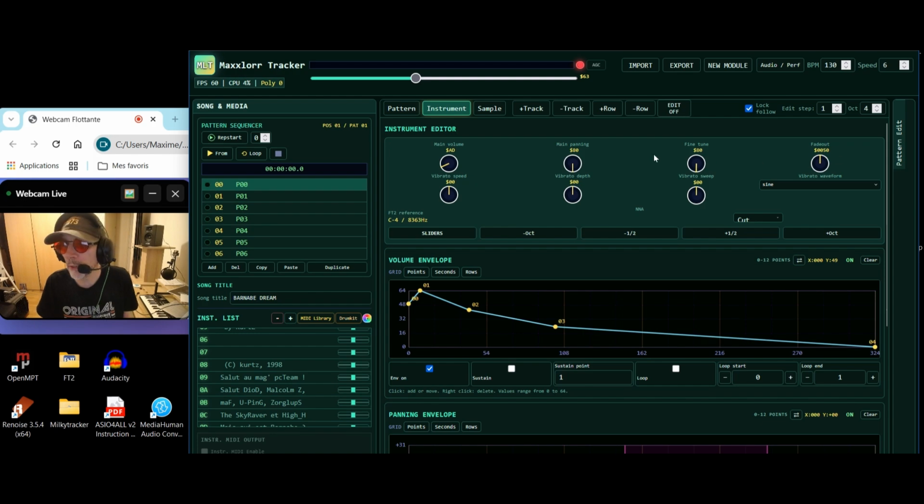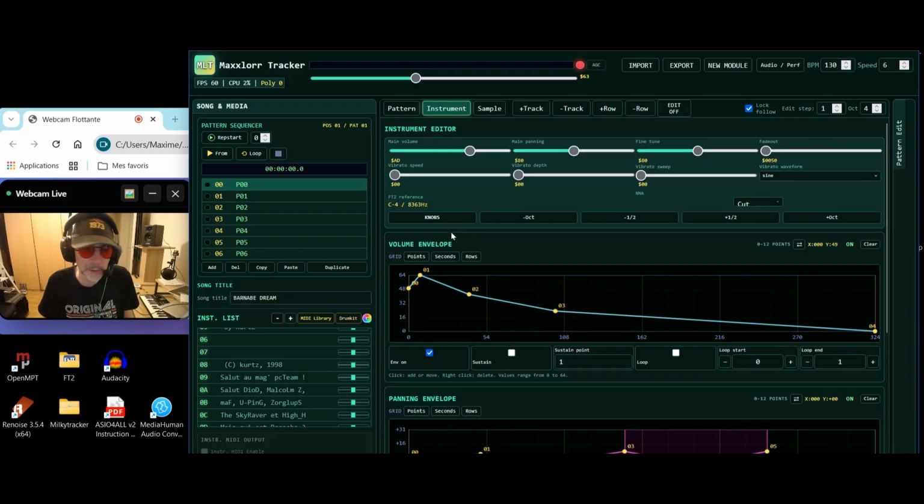And you can choose between the knob view or the slider view, because I've never been able to decide. I like knobs, I like sliders. So